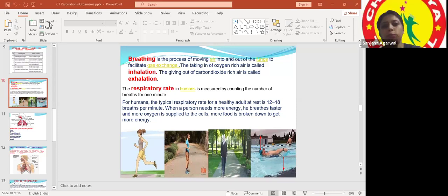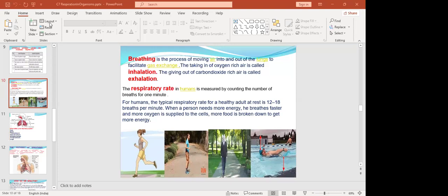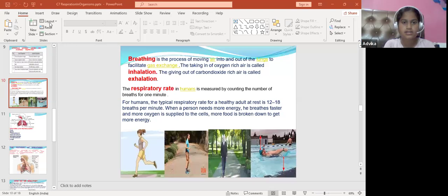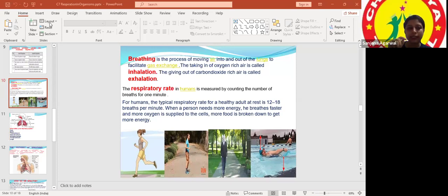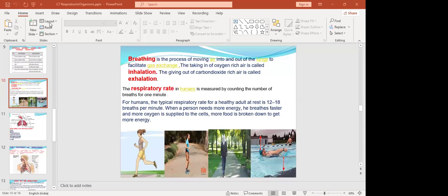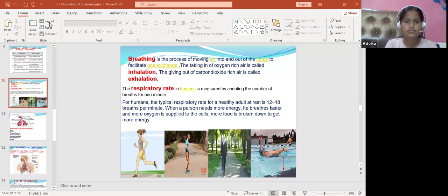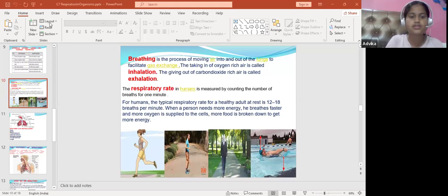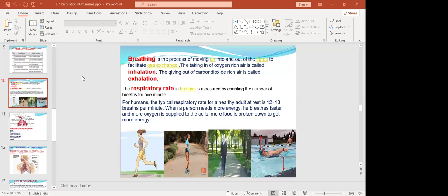Breathing is a process of moving air into and out of the lungs. What do you think is the first body part involved in the process of breathing? Ma'am, the nose. Nose, and in the nose we have the nasal cavity opening, that is, not the nasal cavity, but first I should say nostrils. Okay, it enters the nostrils, then it moves through hair and mucus. And what is the role of hair and mucus? Ma'am, the hair filters the air, stops the harmful bacteria from going inside our body. It filters the air. Okay.